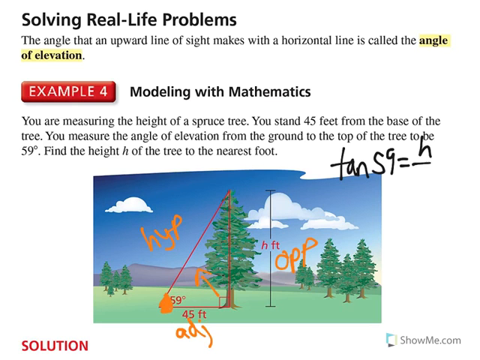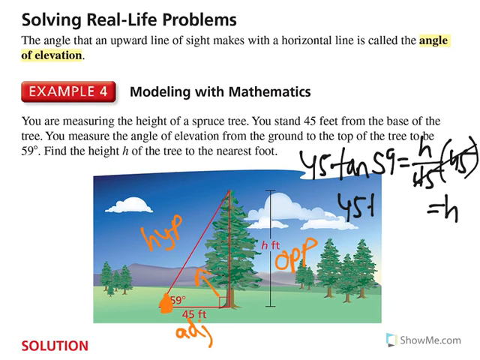So in this case, this is my h over my 45. Okay, so right now the height is being divided by 45, so to undo division, I'm going to multiply both sides by 45. So it cancels out on that side, and so I just get the height is equal to 45 tangent